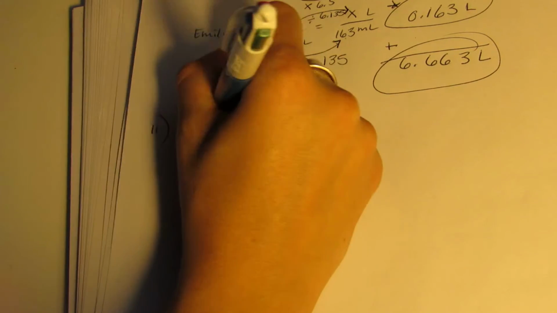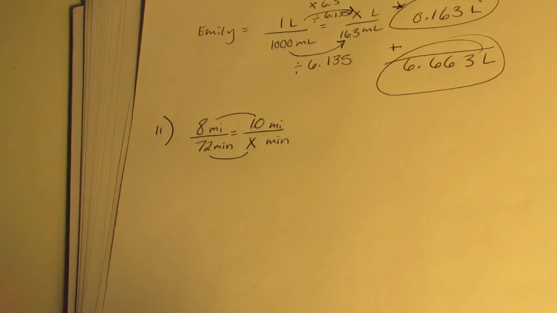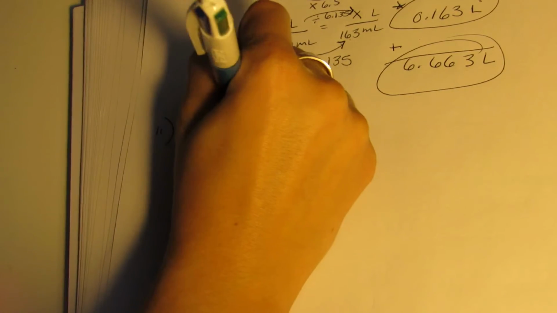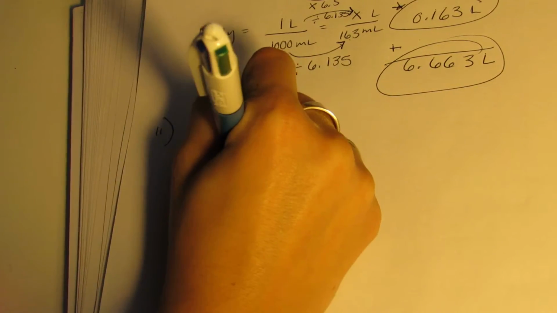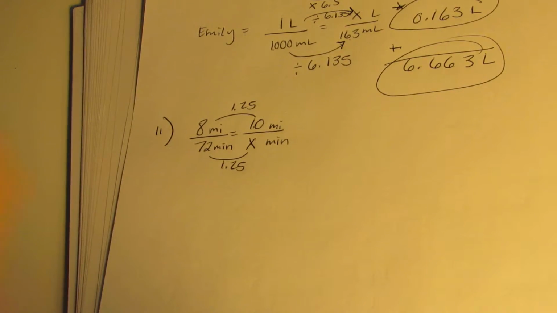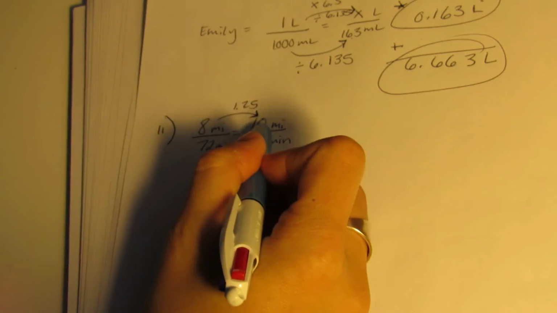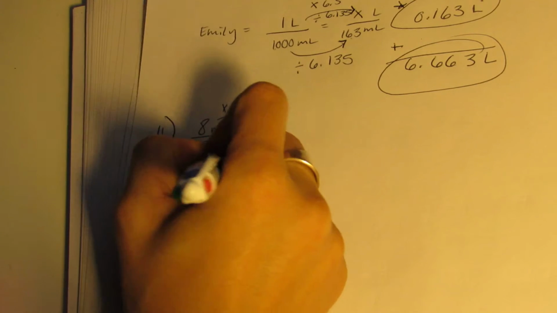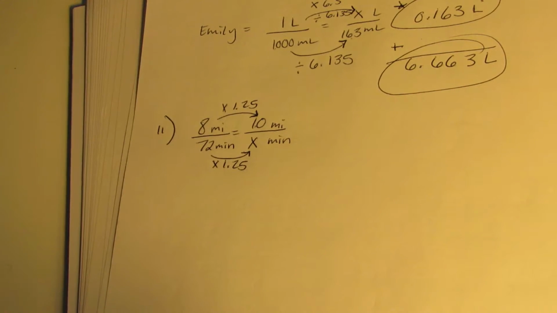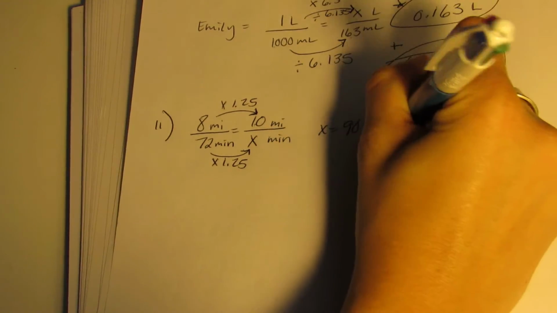Okay? So let's look for our scaling factor. I told you big number divided by my little number. 10 divided by 8 gives me 1.25. That's my scaling factor for my numerator and my denominator in order to make that an equivalent fraction. Okay? So I want to go toward the x always because I want to solve. So that means I'm going to go toward the 10 on my numerator. Okay, so going from 8 to 10, it's a bigger number, so I need to multiply. That means I multiply on the bottom as well to find x. Okay, so 72 times 1.25, that gives me x is equal to 90 minutes to run